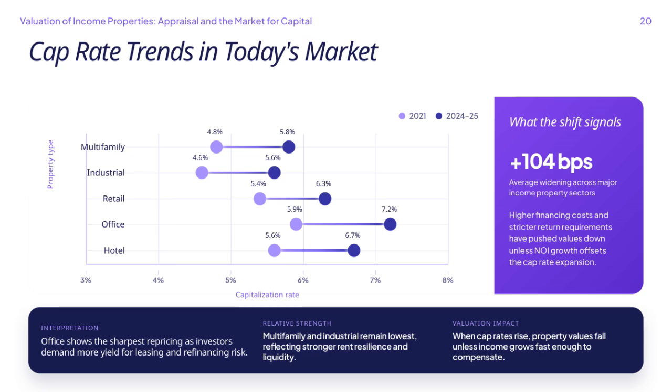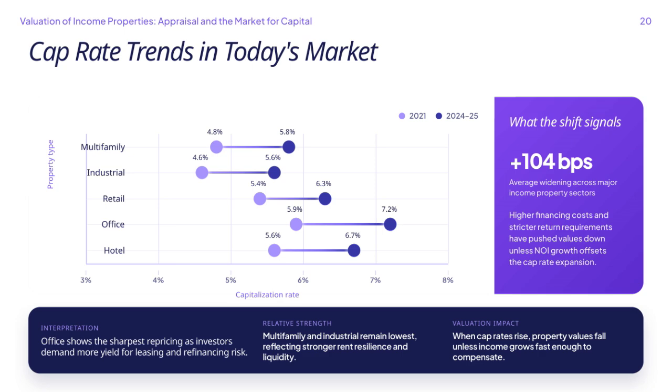For instance, multifamily properties have seen an increase from 4.8% to 5.8%, while industrial properties went from 4.6% to 5.6%. Retail cap rates have moved from 5.4% to 6.3%, offices from 5.9% to 7.2%, and hotels from 5.6% to 6.7%. This rise, averaging around 104 basis points,